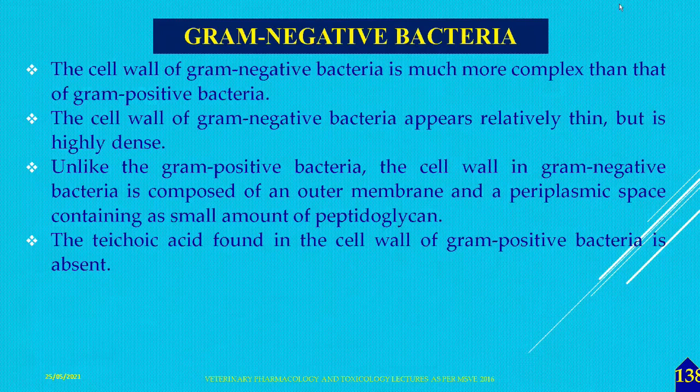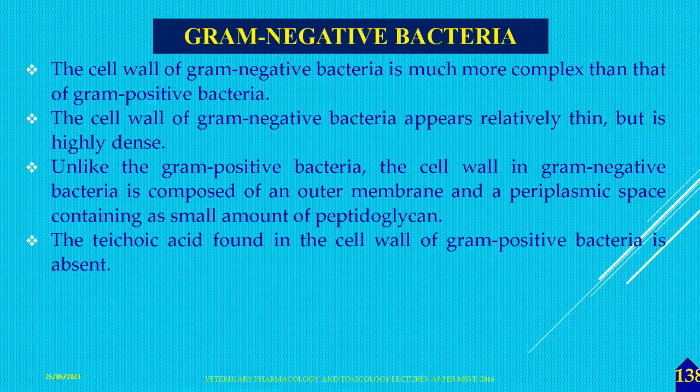Of course, yesterday we learned about the cell wall, which is thicker, especially in the case of the gram-positive bacteria, whereas it is also present in the gram-negative bacteria, but the thickness is a little smaller. That's why there is a difference between the gram-positive and gram-negative bacteria, and the gram-negative bacteria will have a cell membrane. Because of this, there is a lot of difference between the gram-negative and gram-positive bacteria.